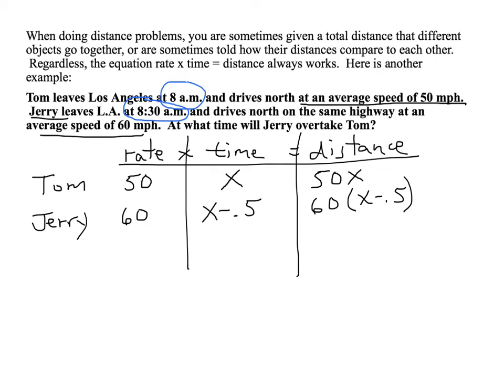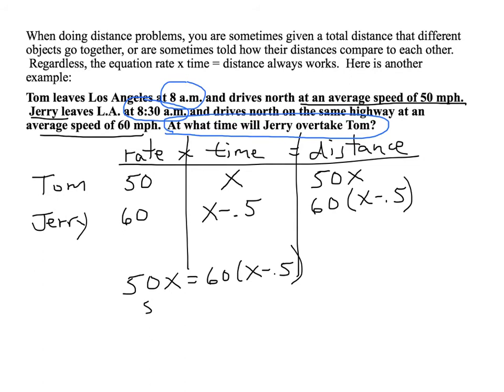Now I need to come up with the equation. In the question it says, at what time will Jerry overtake Tom? Well, if they both left Los Angeles at the same spot, when Jerry overtakes Tom, isn't it true that they would have traveled the same distance? For that reason, then, I am going to let their distances be equal to each other, and that's going to be my equation. So I have 50x equals 60 times x minus 0.5, and then I'm going to go through